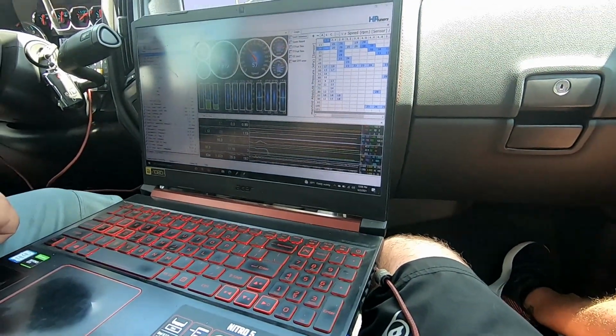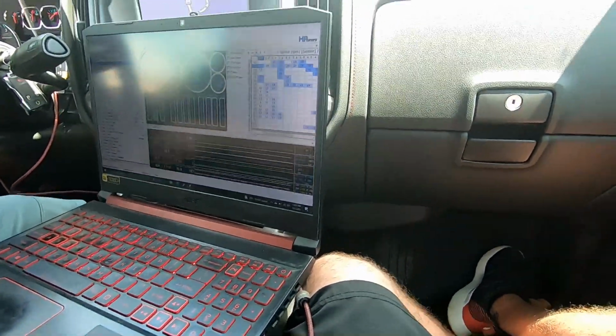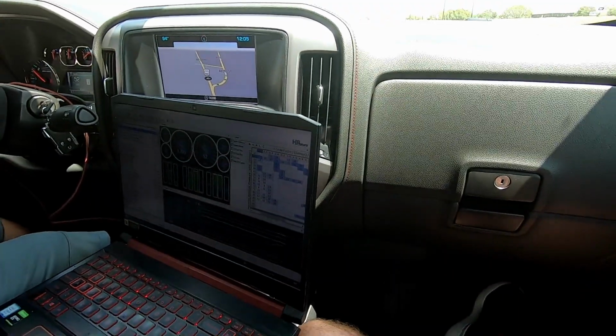59. That's the 9% heat inside. So probably just need to make one more change on the turnaround here. Okay. Look at